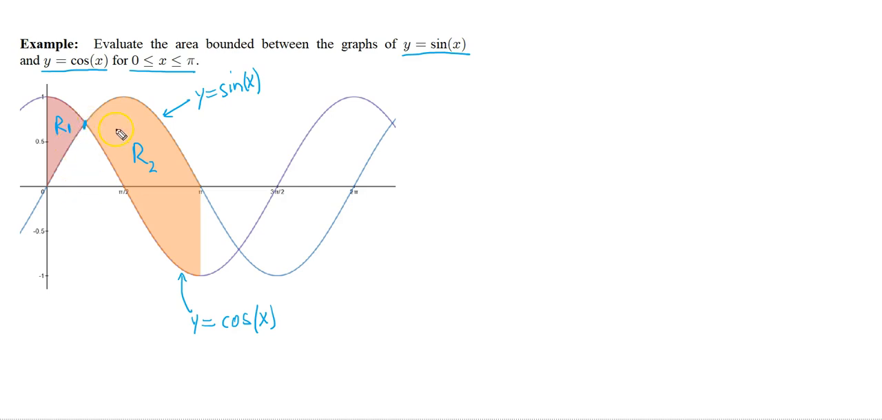So that intersection point occurs when the sine equals cosine. Now, sine equals cosine from 0 to pi when x equals pi over 4. You can see this from the unit circle diagram. This is a very common result here. So the area of region 1 is given by